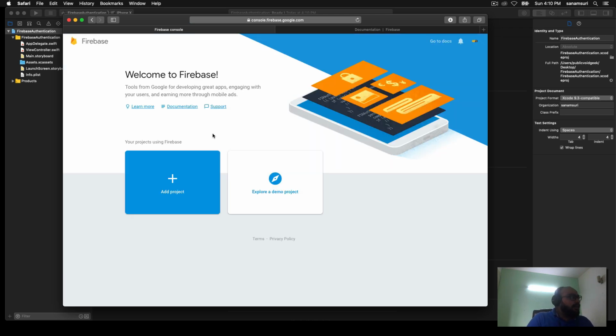So this is your console page where you will add your projects, multiple projects that you might have or will have in future for Firebase, or you already have probably, I don't know. So click on add project